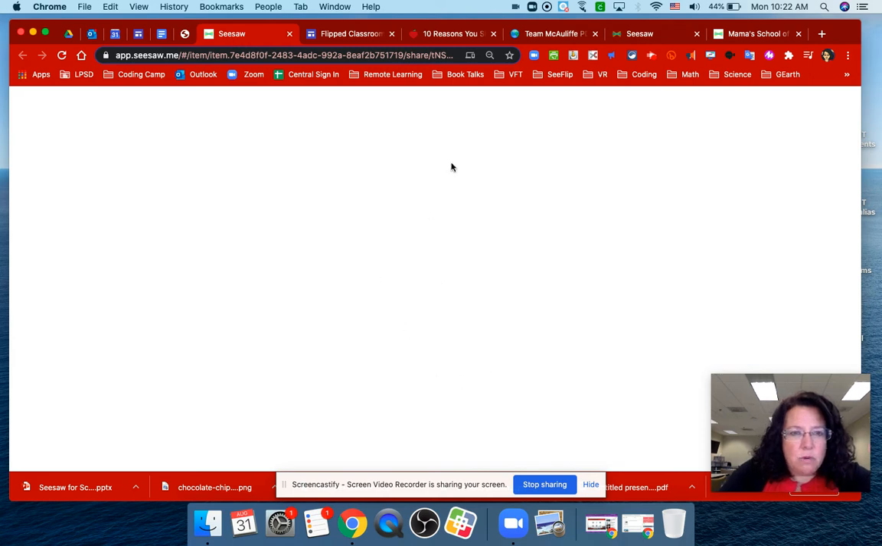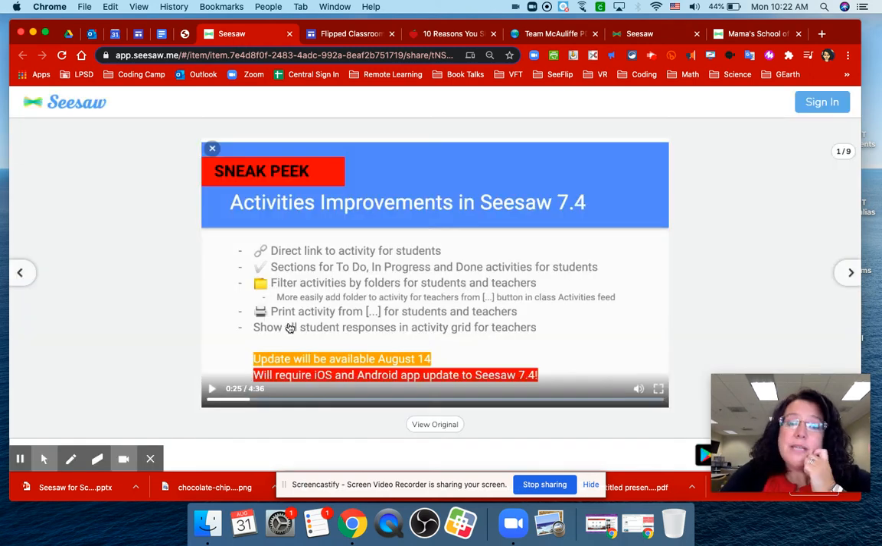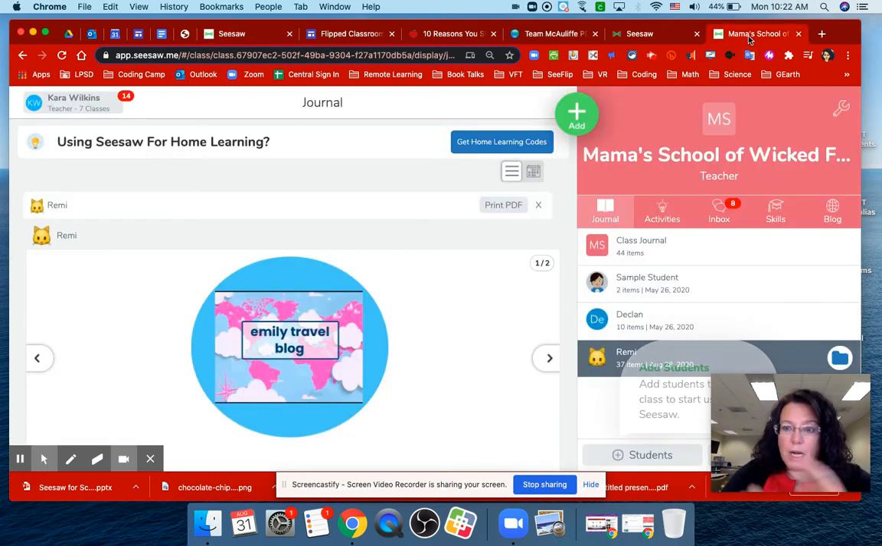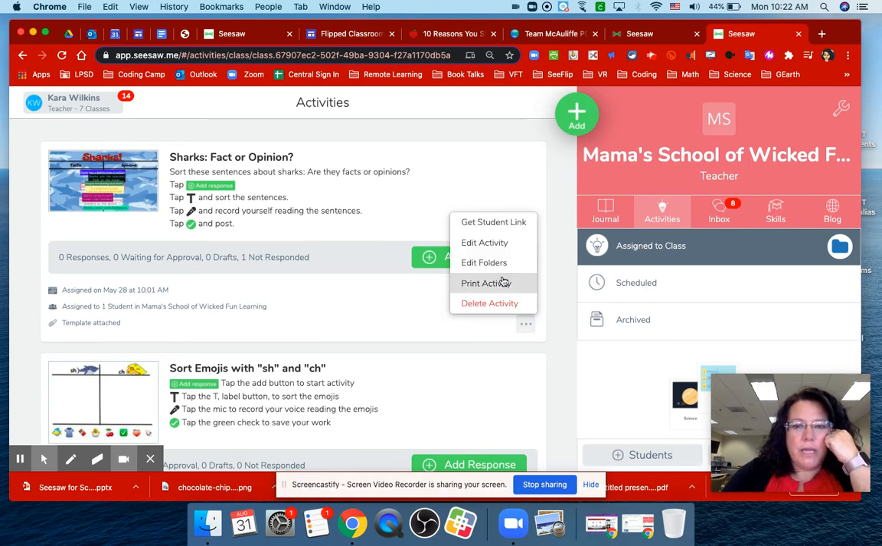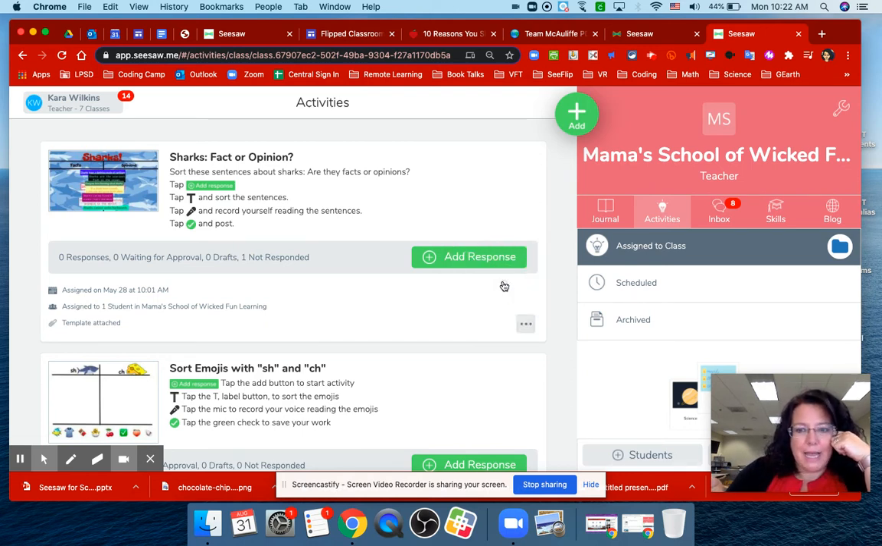Okay, let's see. The next one is print activity for students and teachers. So this is like if you were doing a hybrid model, you could also go into an activity or you were putting it inside of a packet, maybe that type of thing. What I can do is go from here and print the activity. And it's going to come up as a PDF and it's going to look like something very nice